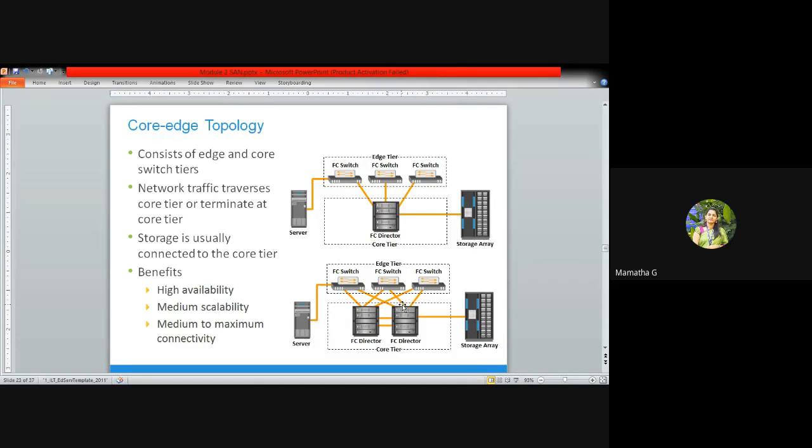But in your multiple core topologies, we will be using two or more directors, so that we process the data at a rate higher than your single edge topology.